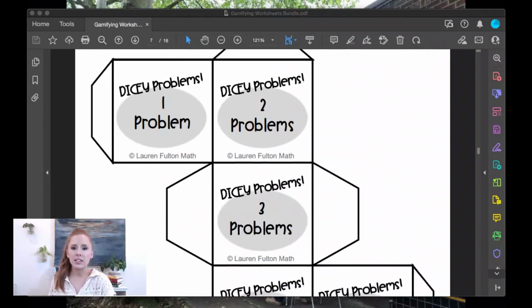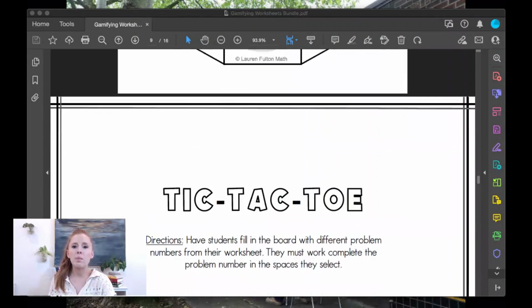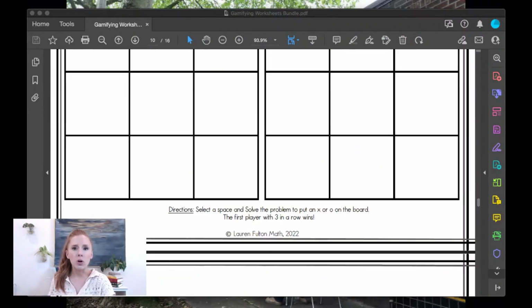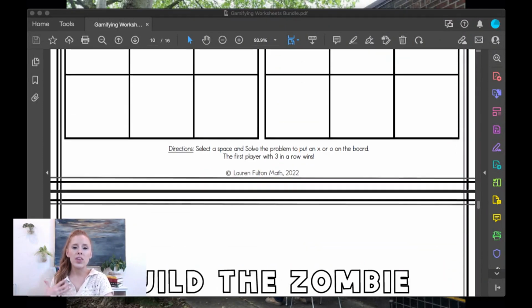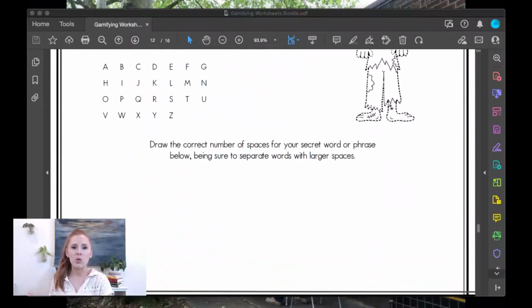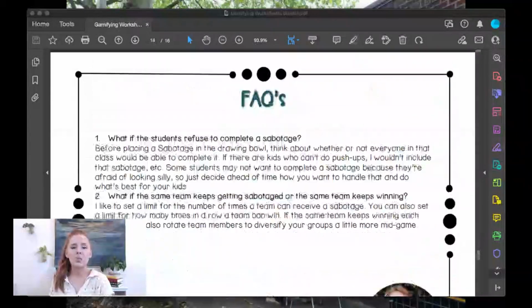So this is Dicey. This is one of the games that we're going to be talking about. And I'm going to be sharing some ways with you that you can implement these things without the workbook. So even if you don't have the workbook or you don't have the pages printed up, you can still play the games on the fly,